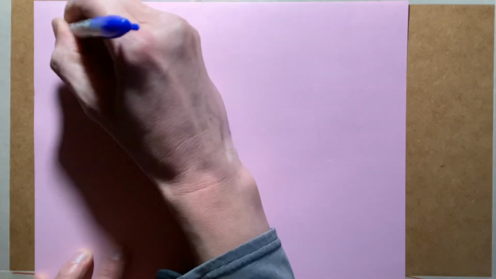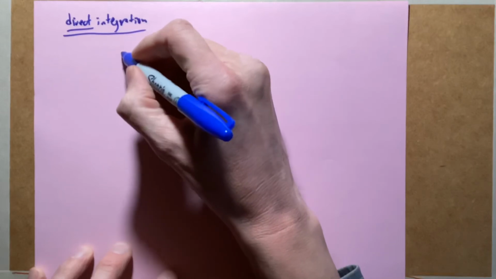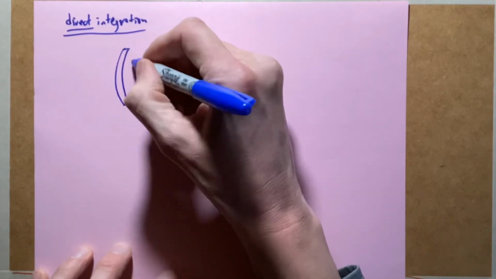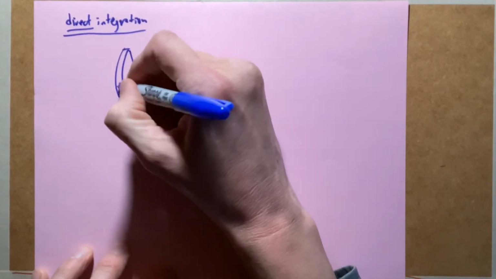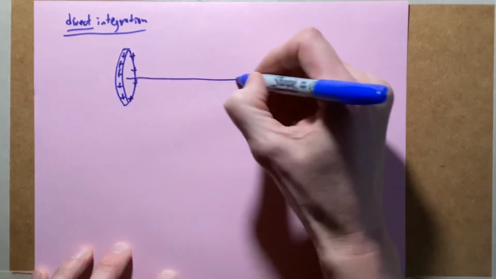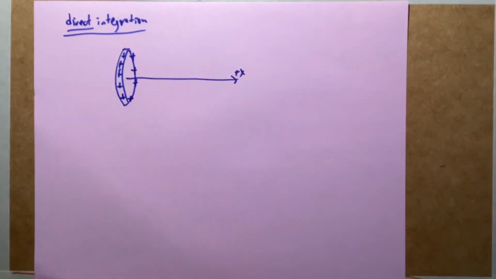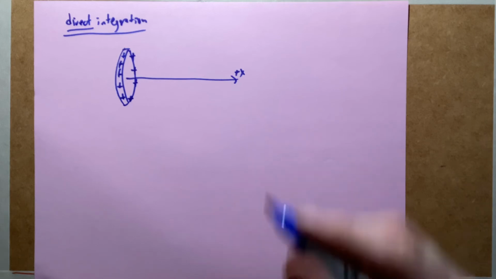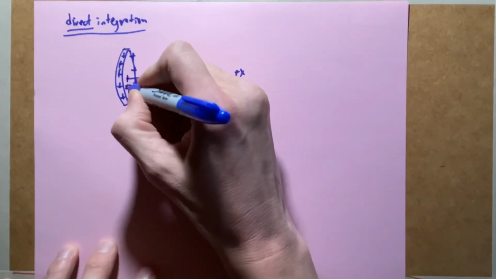So what do I mean by direct integration? Let's take a typical example, a ring of charge, central axis. I've seen this before, and in fact, we went ahead and found the electric field strength of that. We found that if x is equal to 0 in the middle of the ring,